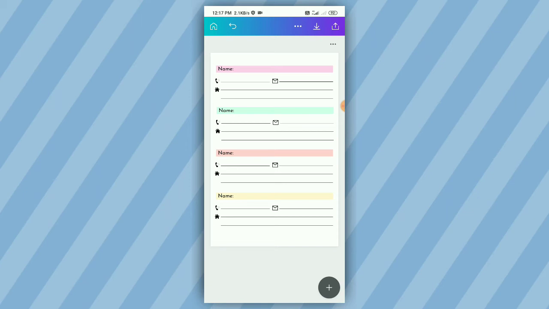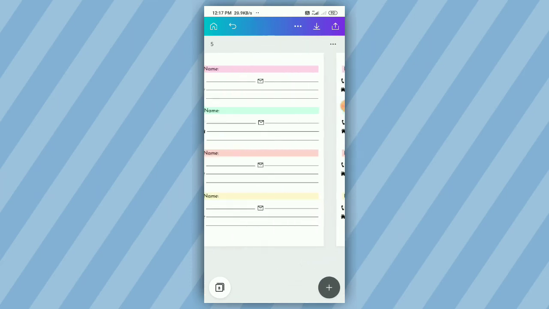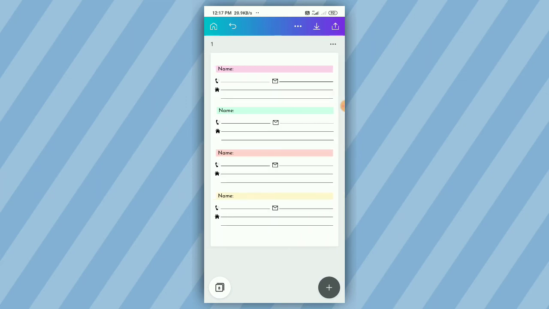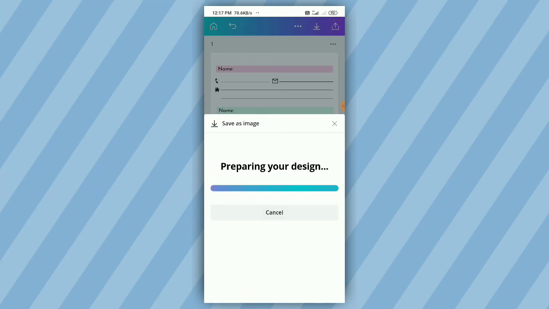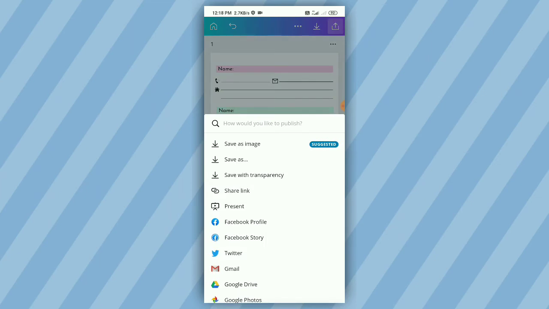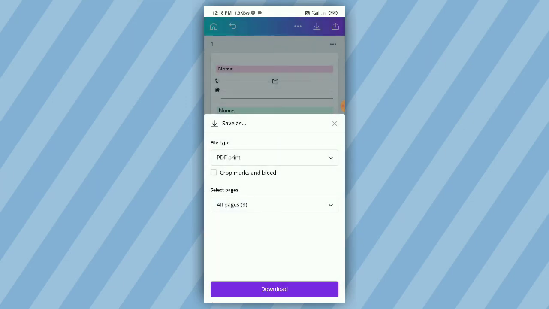Now we duplicate this page 30 times because the free version of Canva allows only 30 pages to be downloaded at a time. You can save this project in PDF format: click download and change the format to PDF. Just look like this, guys, you will see how I create this within 10 minutes. Click the download option, click the save as option, and change the format to PDF print. You can save as an image in PDF format and click download to save your PDF.